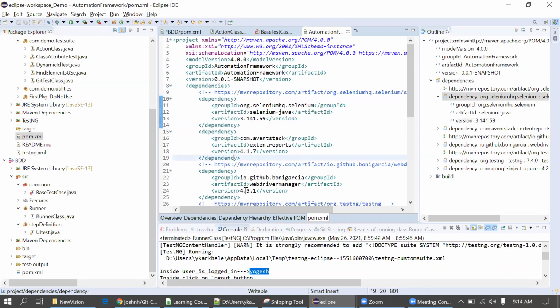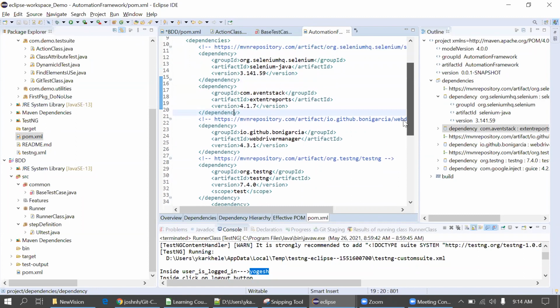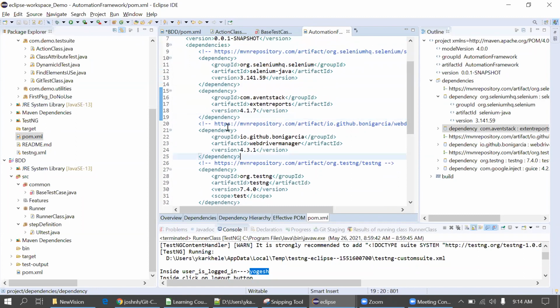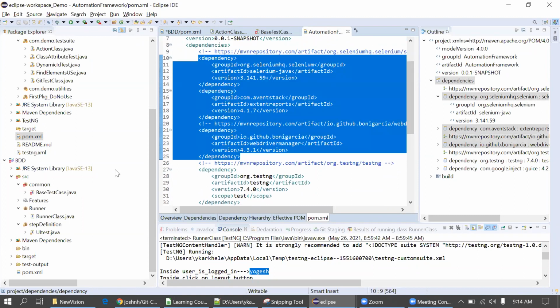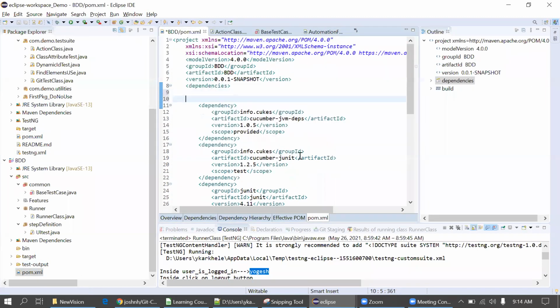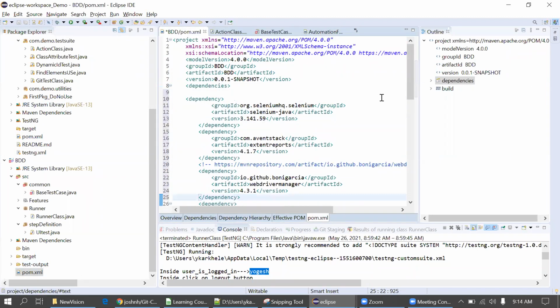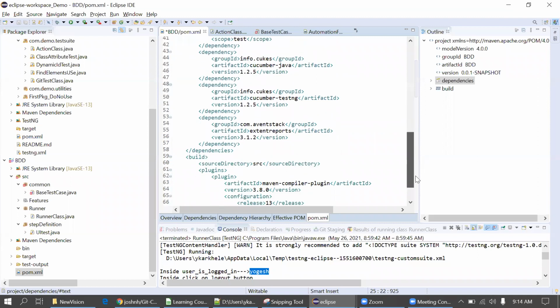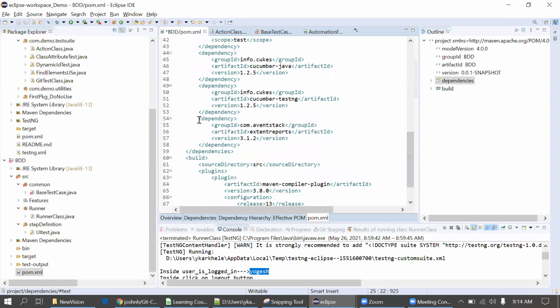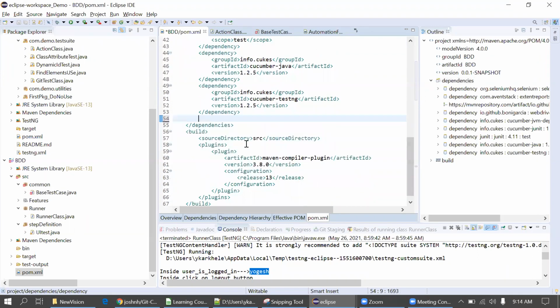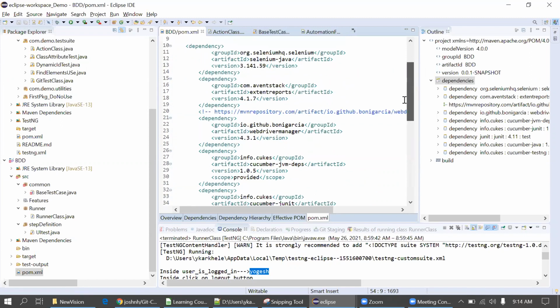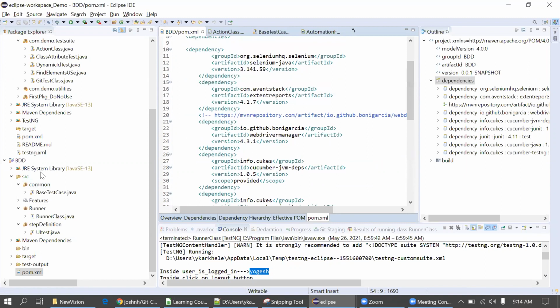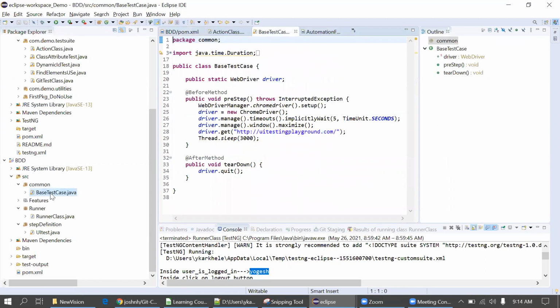I'll just copy these three. Extend Reports I have copied earlier as well, so I'll delete this. Yeah, now the error got resolved.